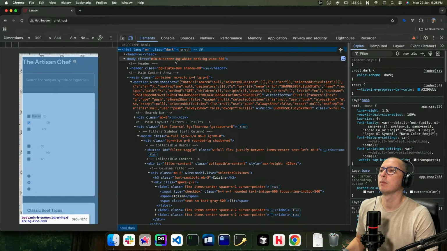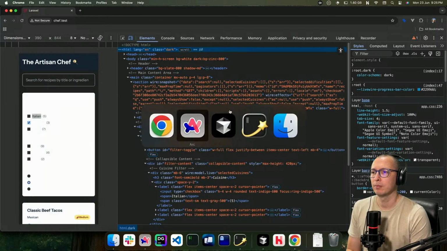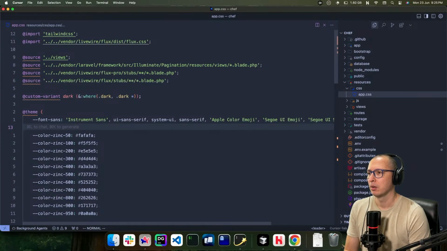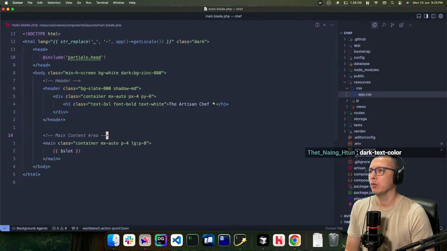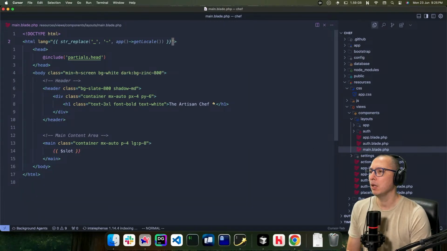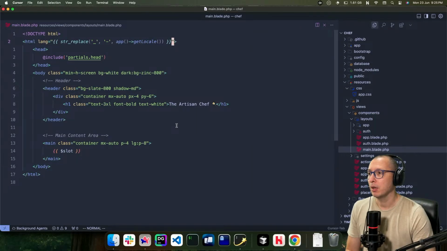Oh, there it is. It's in the layout. I found it. Because I copied it from the main layout. So if I go to main and look for HTML class dark, that's the thing that is doing the thing, and I don't want that thing to be in the thing. So I remove the thing. I said I removed the thing. Oh, okay. Can you not? No more dark, please.